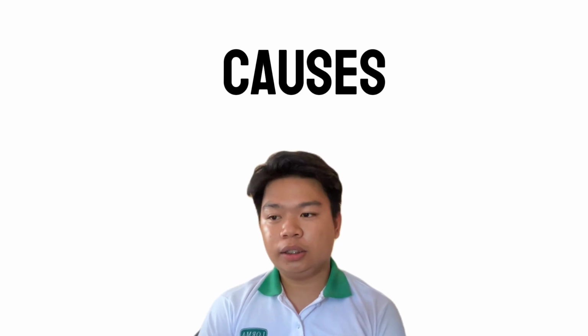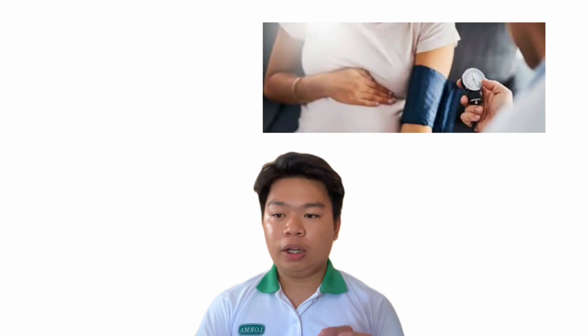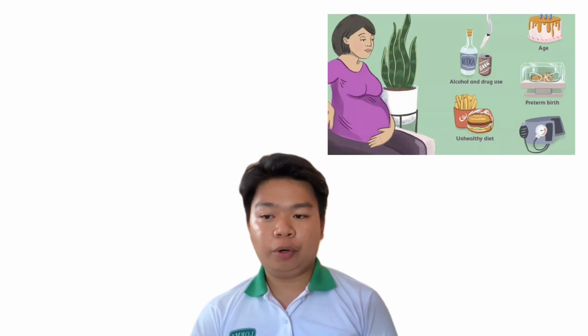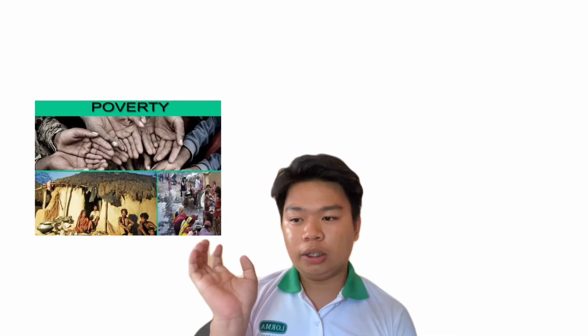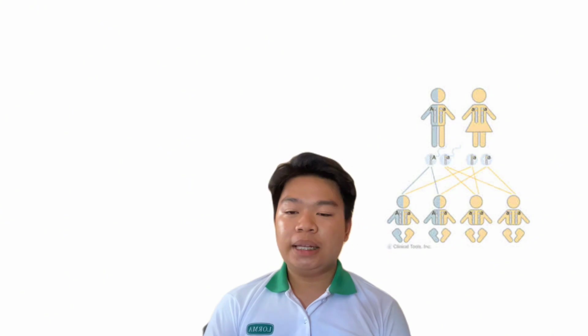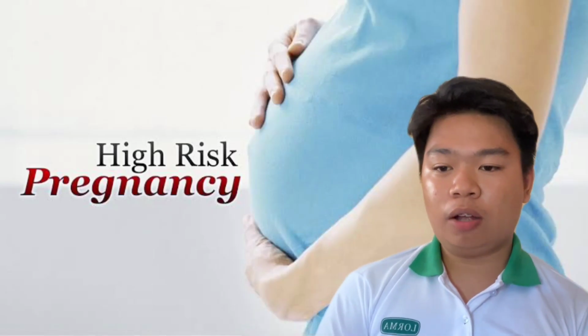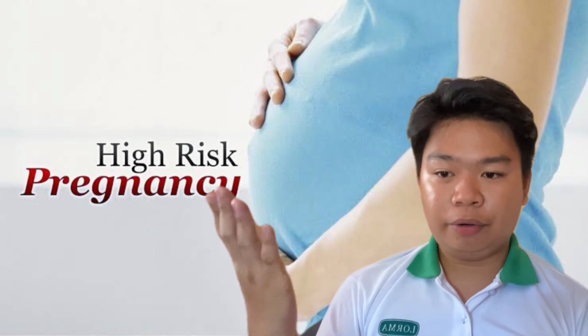And here are the causes for a woman at high risk. It can be related to pregnancy itself or exist before pregnancy. It can occur because the woman has a medical condition, or result from environmental hazards, and can arise from maternal behavior or lifestyle. Other causes are poverty, lack of support people, poor coping mechanisms, genetic inheritance, and past history of pregnancy complications. These are circumstances and causes for a woman to be at high risk.